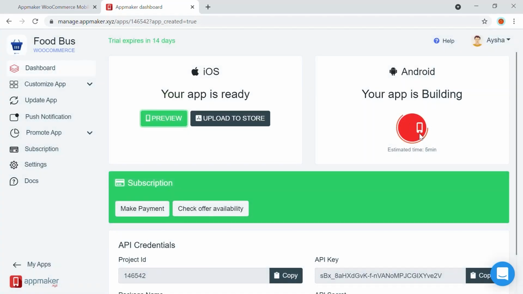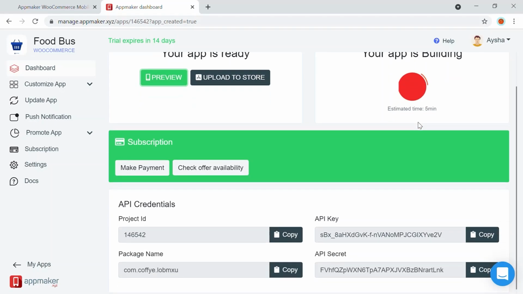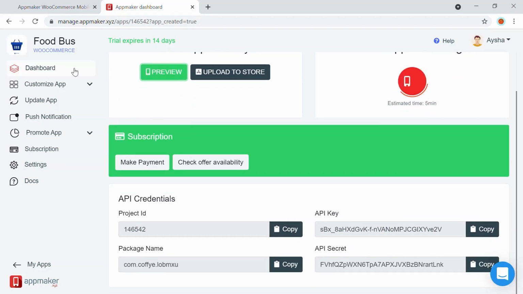For an Android app, you can directly install the APK file and preview the app and see the real-time changes. Right here you'll be able to see other options as well, like customizing the app, update app option, push notifications, and many other options that come with the AppMaker dashboard.